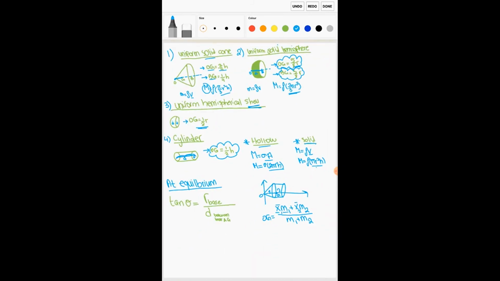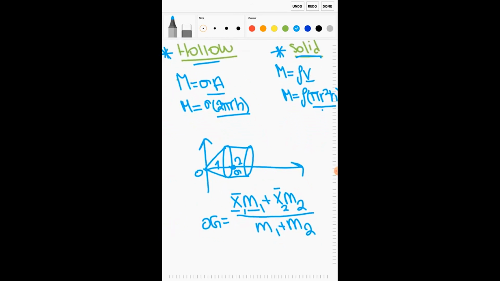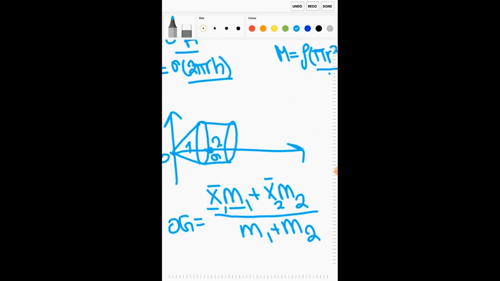So you also go back to your formula, which is rho pi over 3 r squared h, and you substitute and you find that. And for this one, it's a cylinder. So x bar is going to be half the height, this height. They're going to give you a height, and here they would give you the radius from here to here, and the height from here to here. This would be given, and this radius would be the same as this radius. So x bar for this one would be